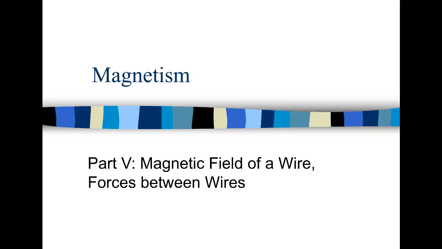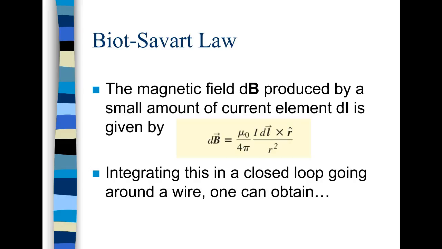Okay, welcome back everyone. In this video, we are going to be looking at the magnetic field that is actually produced by a wire itself. So in order to do this, first we want to start with what's called the Biot-Savart Law. And this says that the magnetic field dB produced by a small amount of a current element dl is given by the following equation. So don't worry about all the constants, but the thing to focus on is that we still have the cross product in here, and it's basically the same thing as before,